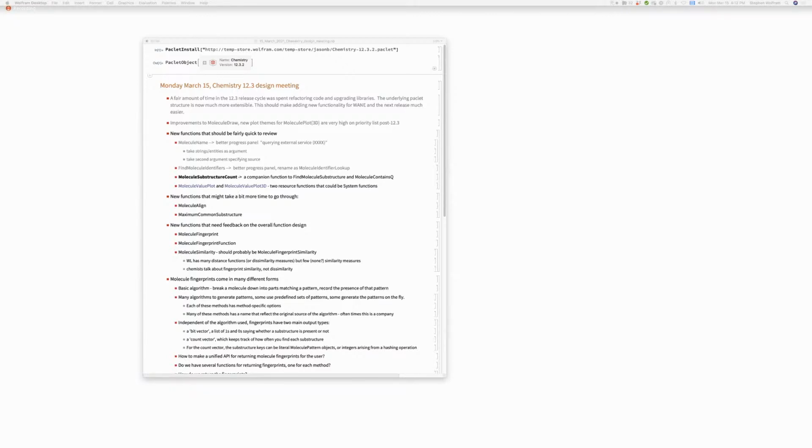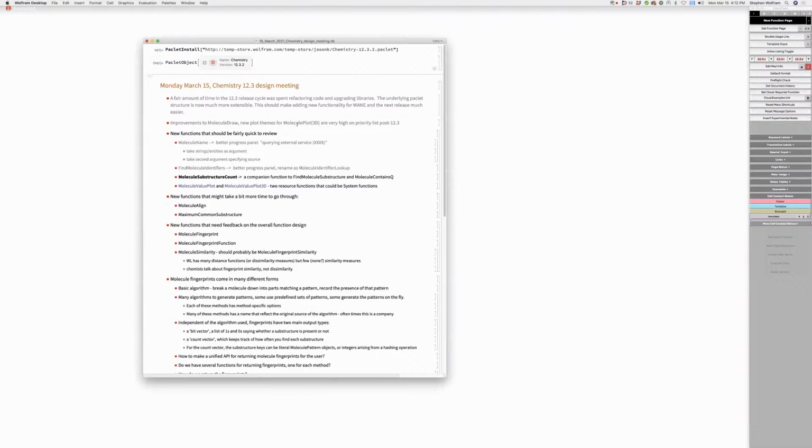Okay, for people joining this meeting, this is a continuation of a design discussion about chemistry functionality for Wolfram Language version 12.3. Okay, so I'm seeing here improvements to MoleculeDraw and new plot themes for MoleculePlot3D after 12.3. Okay, so what we looked at here